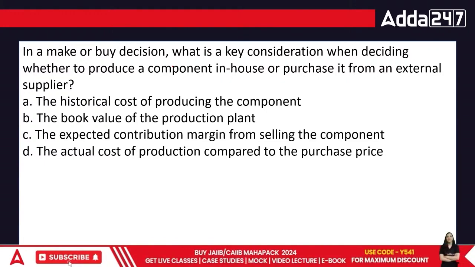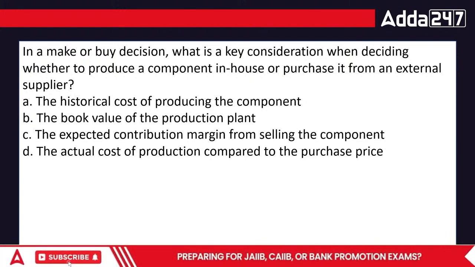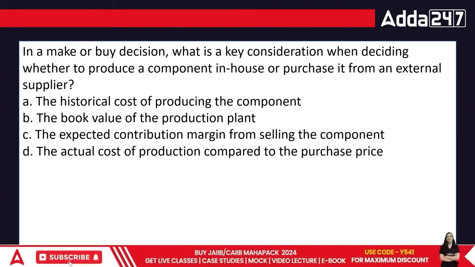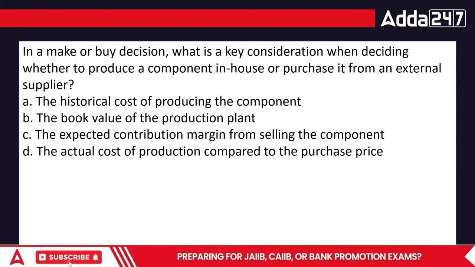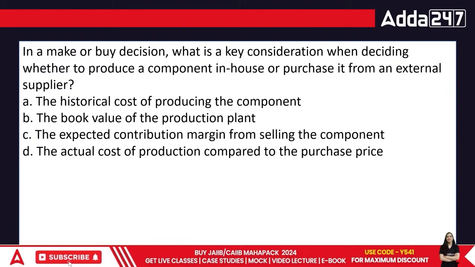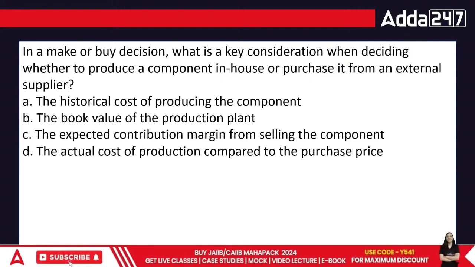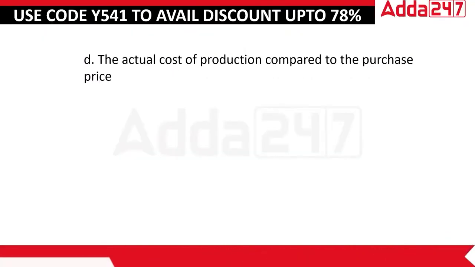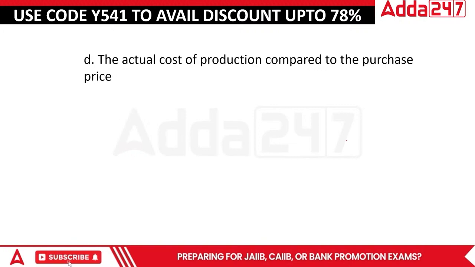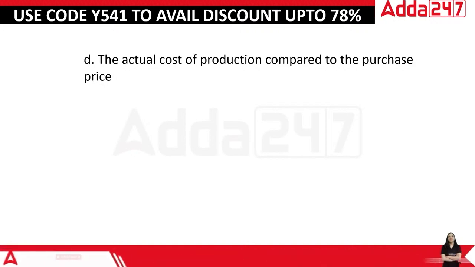So in this case, the options are the historical cost of producing the component, or the book value, or the expected contribution margin from selling the component, or the actual cost of production compared to the purchase price. The correct answer in this case would be the actual cost of production compared to the purchase price. Because always remember, we are